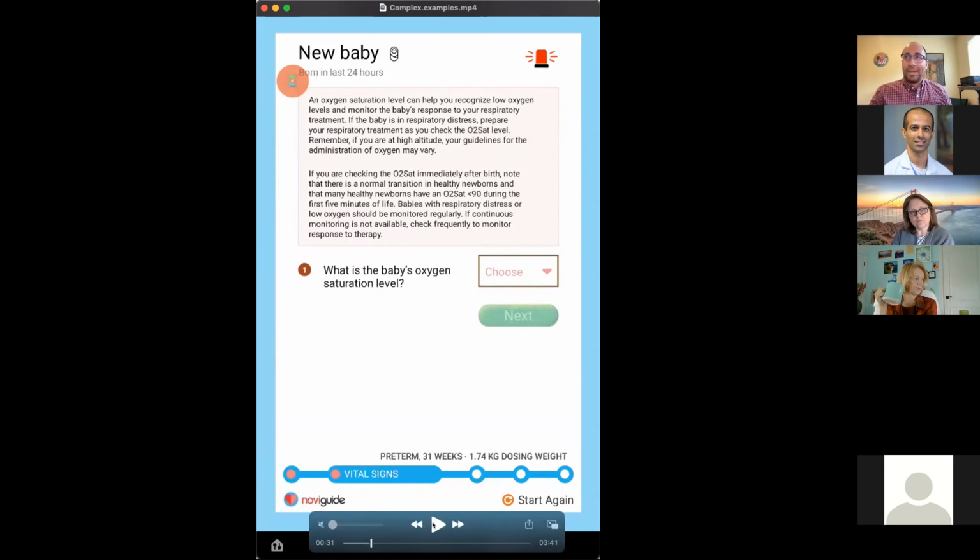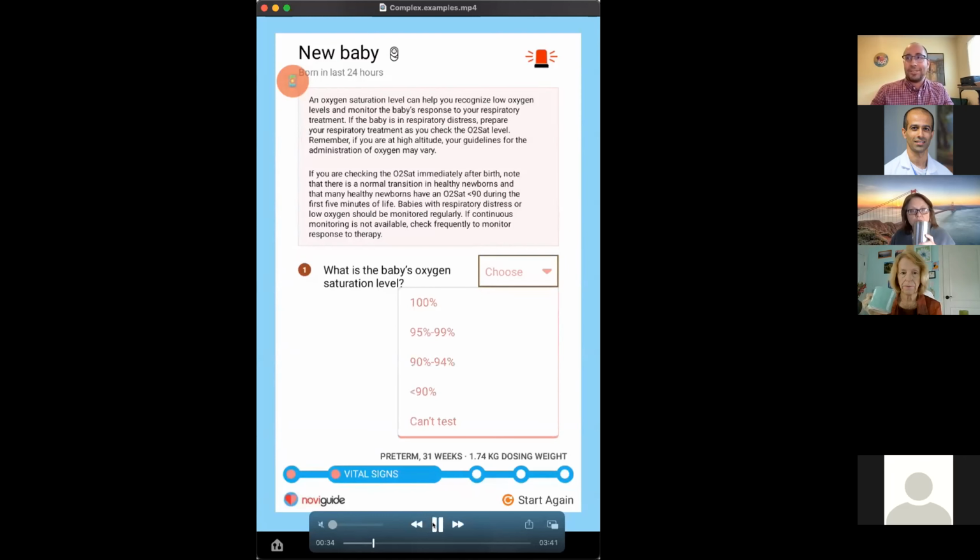One of the things that made this degree of difficulty hard is if you don't have an oxygen saturation monitor, you will actually never see this page. The page pops up in relation to what each site has on hand. And this was one of the things that really ramped up the degree of difficulty far beyond even what we had thought when we started. So if you don't have it, you will be directed straight to treating the respiratory distress.